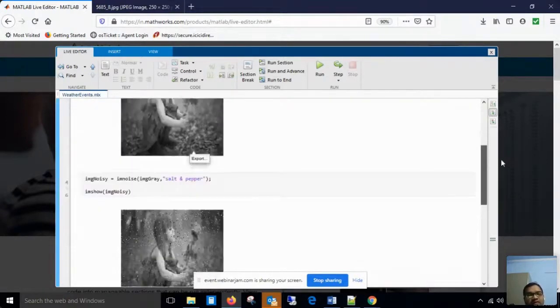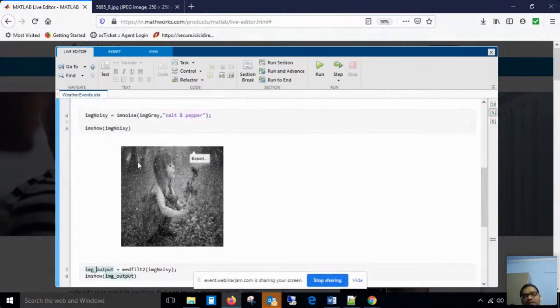So keep in mind, whenever there is salt and pepper type of noise in the image, a smoothing filter or sharpening filter, averaging, weighted average, these will not work. Only the median filter will work, and it will completely remove this impulse noise from the image. So in this session, we have seen some fundamentals of image processing using MATLAB, and how to implement image processing operations very quickly in MATLAB. Similarly, if you are familiar with any other tool in Python or R or Scilab, then you can also use that. It is not compulsory that you should use MATLAB.